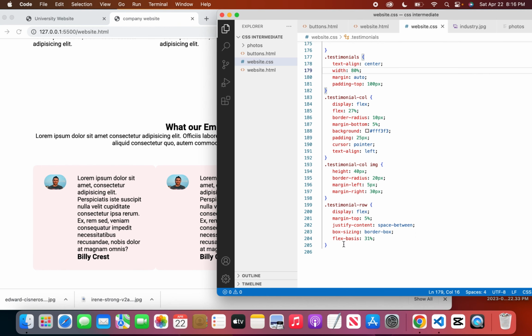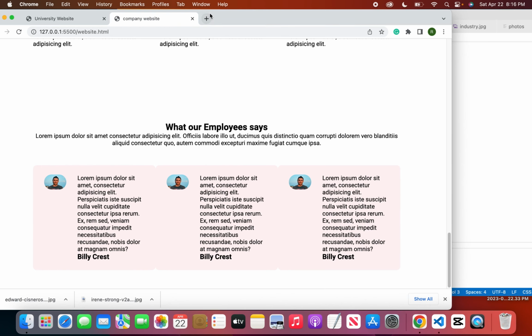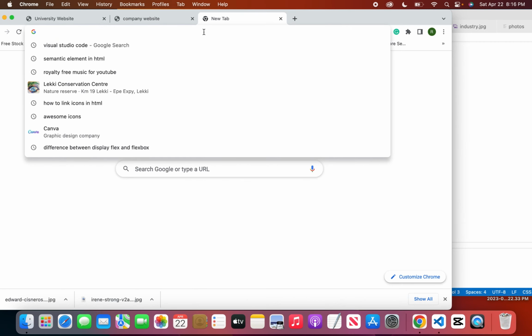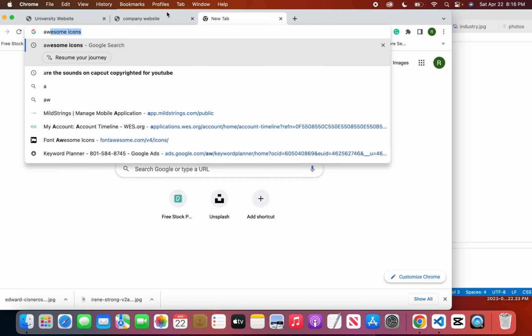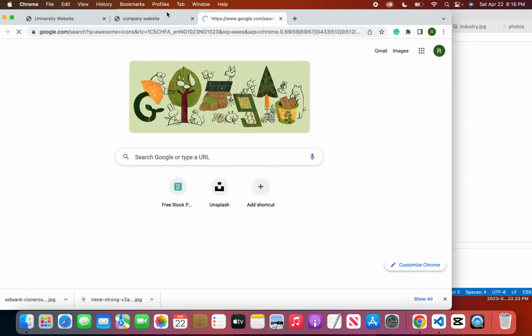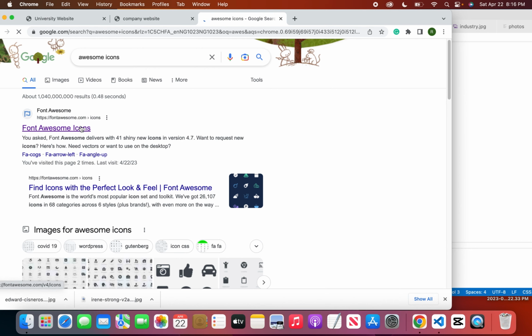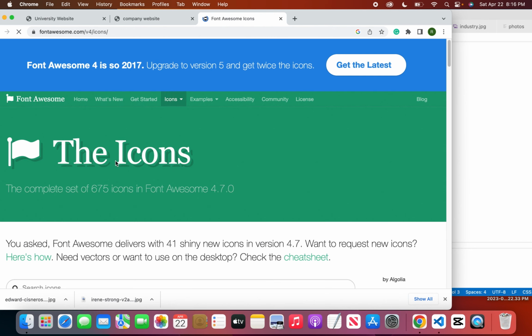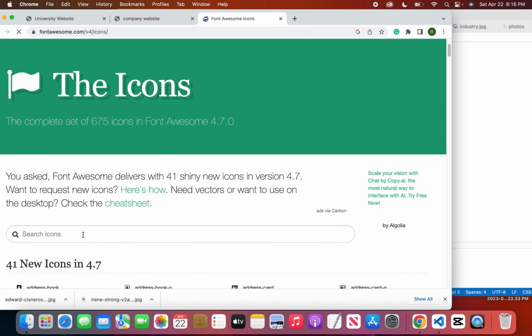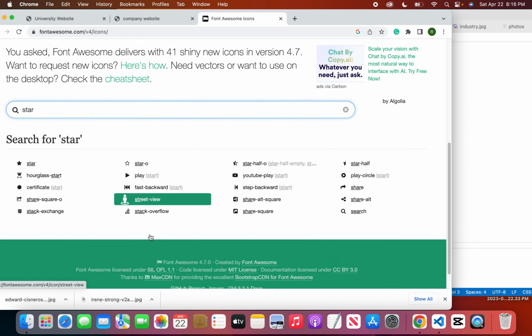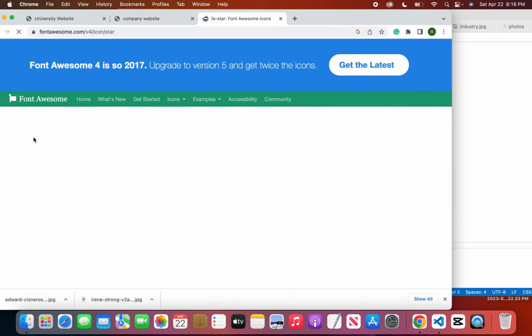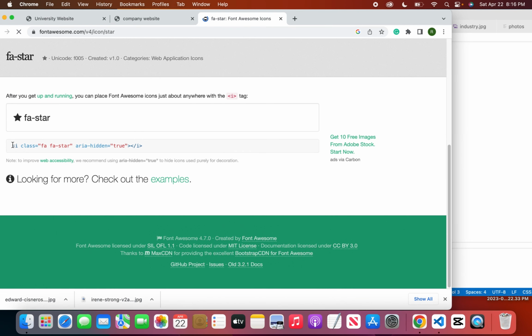So while we are trying to figure that out, let me go to my Font Awesome and get the icons for star so I can copy it and put in my code. So I'm just going to search for star, and this is the star I'm looking for. So this is the code. I'm going to copy this,